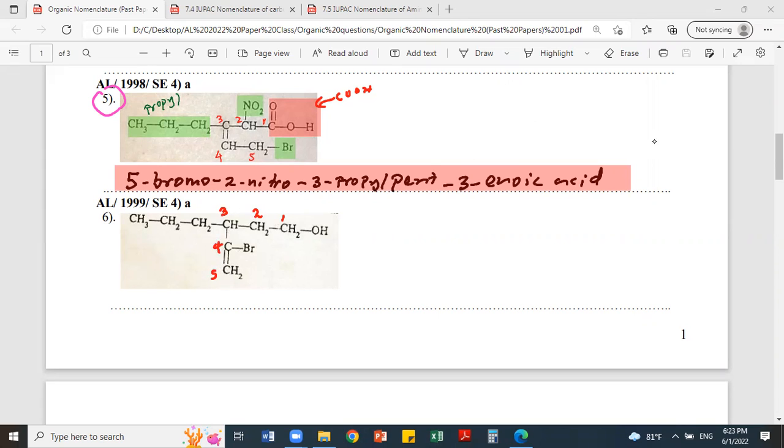I'll highlight with blue the substituent groups. So this is propyl group and then bromo, and propyl. So you can write here 4-bromo, then 3-propyl, pent,